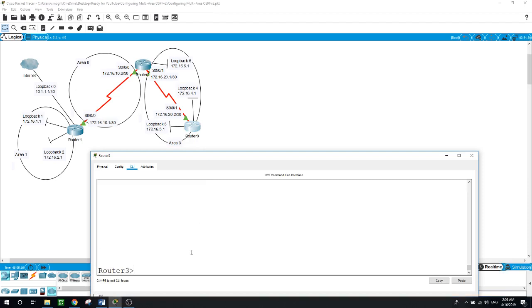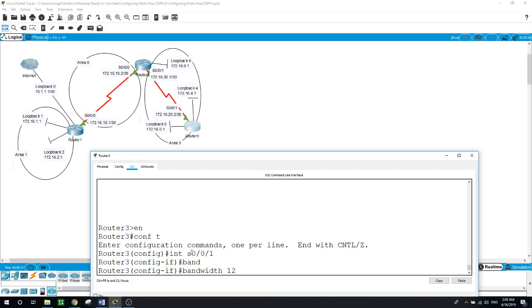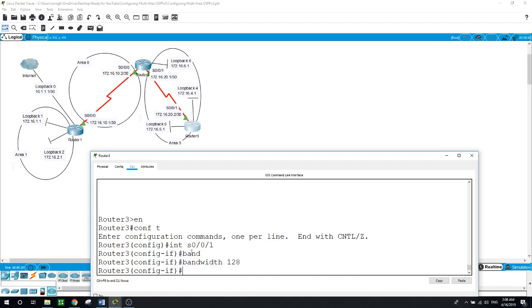We have only one interface facing router 2. Enable, configure terminal, interface serial 0/0/1, bandwidth 128. Now I will verify the connectivity between the routers by running the show command on router 1, router 2,